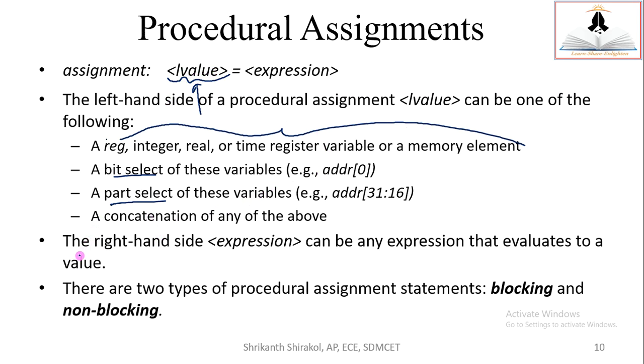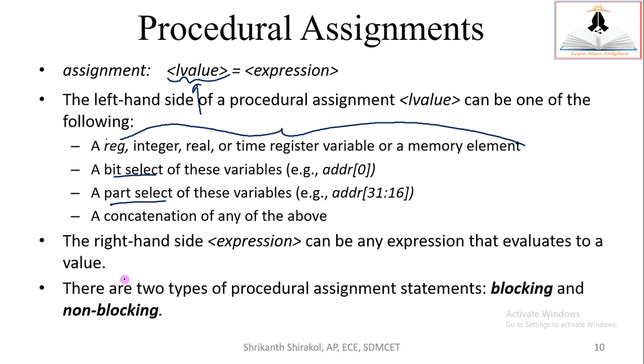Okay, and what about the right hand side? The right hand side can be an expression that evaluates to a value. For example, it may be a & b, a + b, a - b, a XOR b, a shift b, or a shift 2, concatenation, whatever will evaluate to a value, that we call an expression. That kind of expression you can have on the right hand side. And of course you can even have a variable which is carrying some constant, that is also called an expression. That also you can have on the right hand side, which produces a value at the left hand side after the assignment.